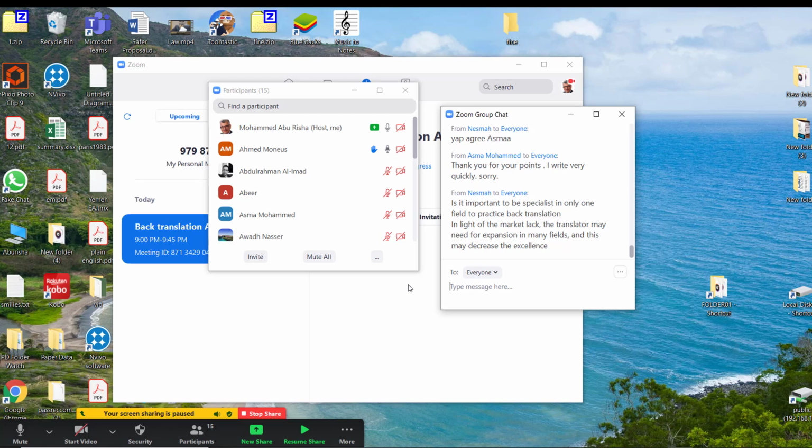It's important to mention that back translation is never used as a standalone tool. I think it's a part of a complicated translation procedure that varies depending on the research field and the purpose of the translation project. I think as a first learning method, translation teachers should use this way in teaching translation. As I said, a lot of novice translators and beginners